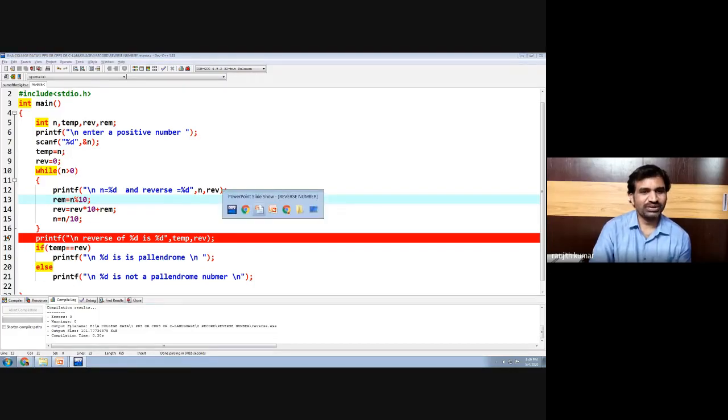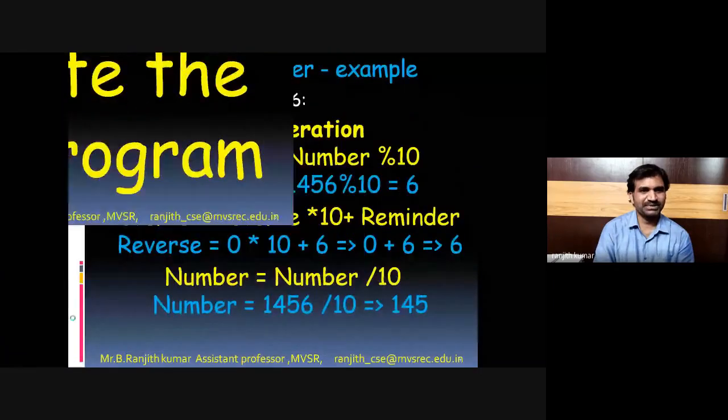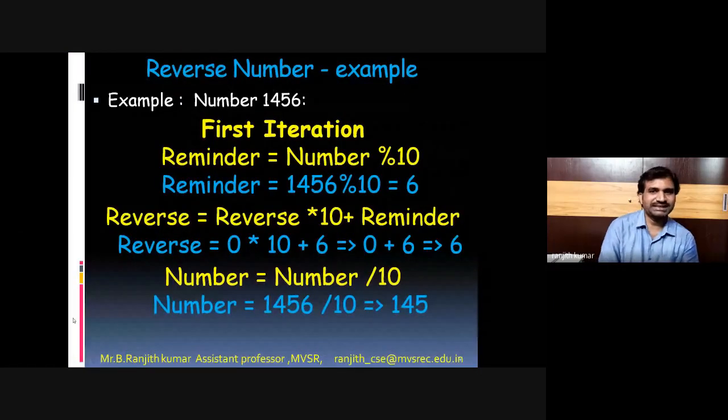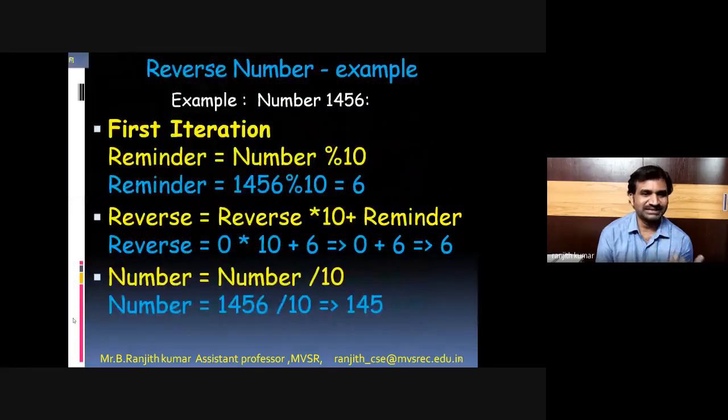Let us conclude about reverse number in some basic steps. So let us take an example here. In the first iteration, with 1456, what is happening? Extract the digit and update the reverse. So this is the first iteration. What is happening in the steps? So when you take 1456, this is the second iteration in the form of 3 steps. What you are doing in the loop is shown in the presentation. Okay, so this is the second iteration.